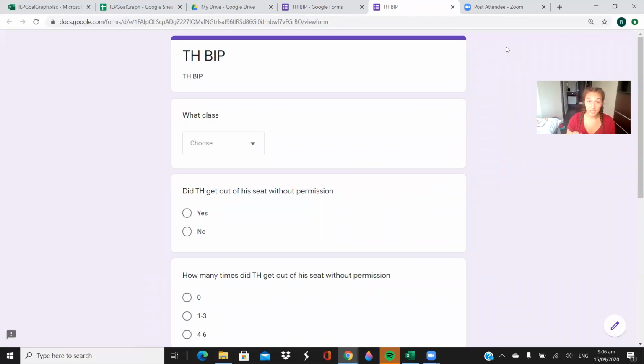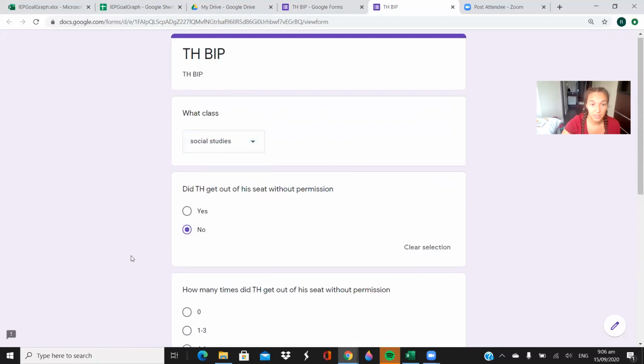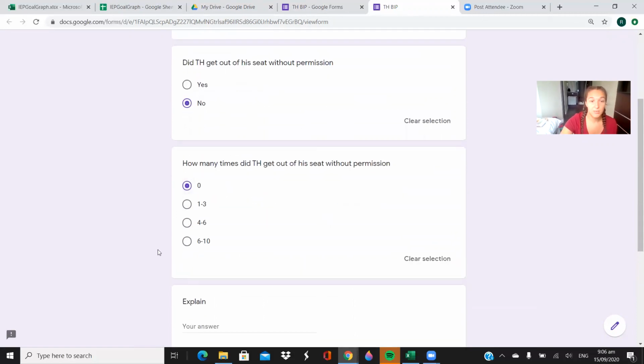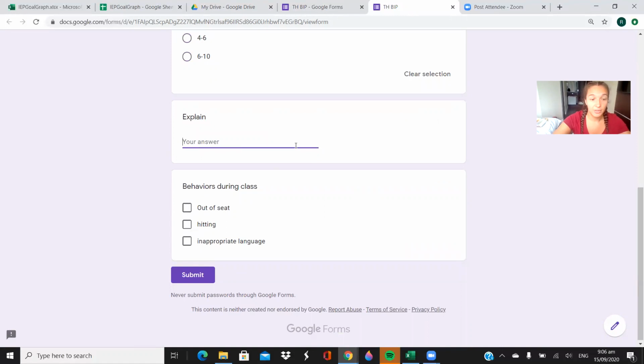So you can see it looks a little bit different. You can see the first question is what class. I'm going to fill this out a couple of times just so that we can get some data so I can show you what that looks like. So let's say we're social studies and he didn't get out of his seat and it was 0 times and he had a great day